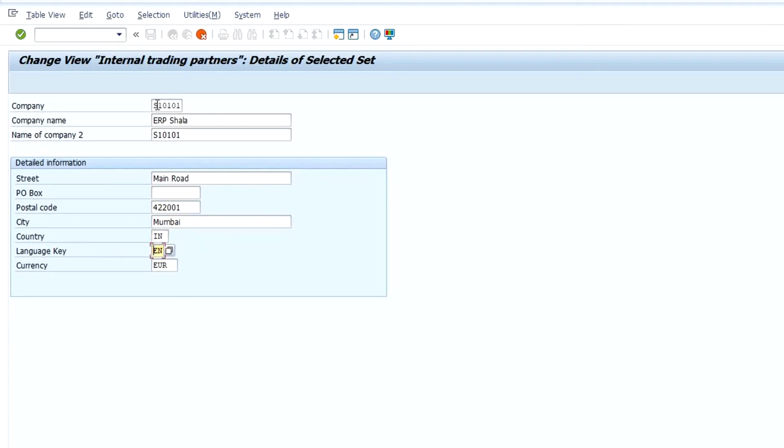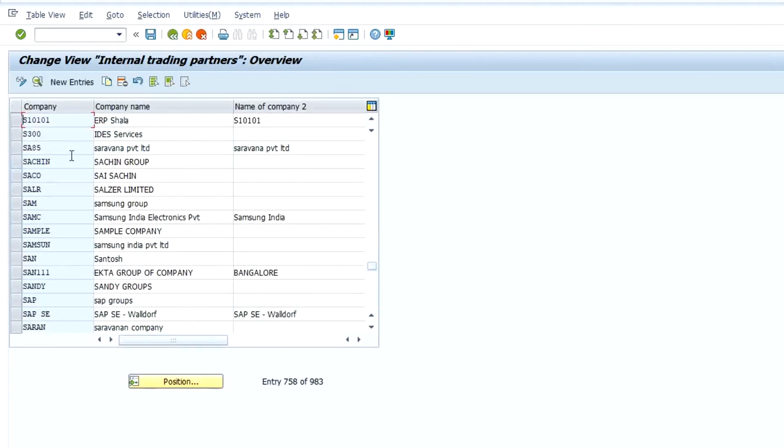Country is correct. Language, currency, I will take INR, Indian rupees. Okay, now hit enter and the new company is created. Now click on save.